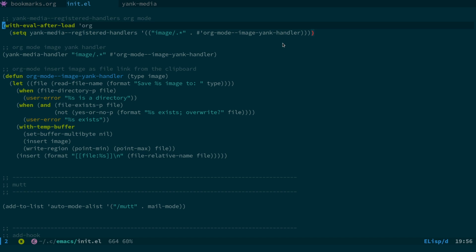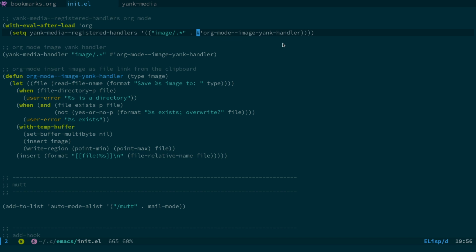It looks in the current buffer to see if there's a registered handler for images, basically. So you can see this images thing here, and then we have this dot, and then this basically refers to the function. So what it's doing is it's registering a handler for images and then the function that